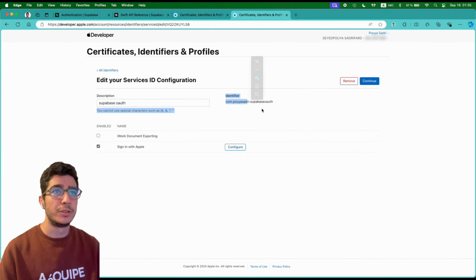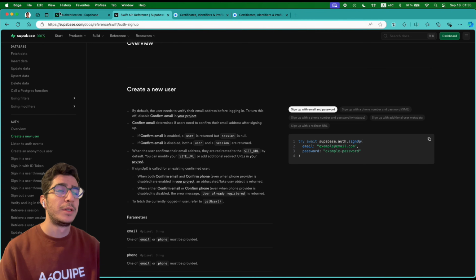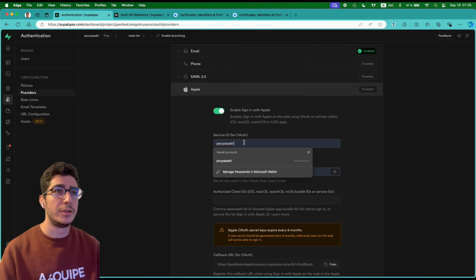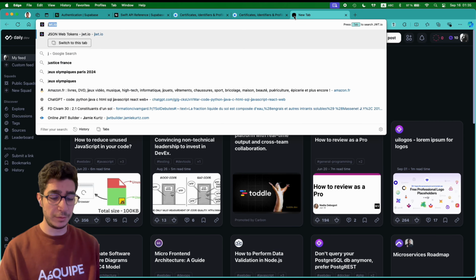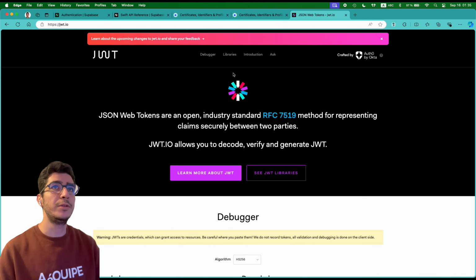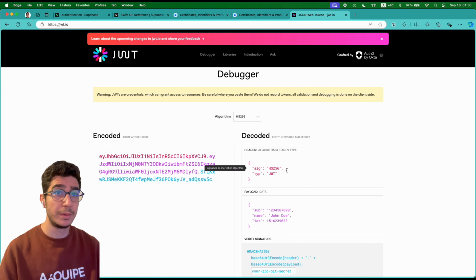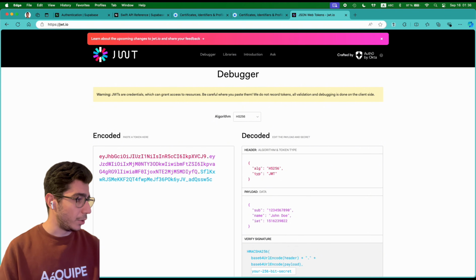Identifier for your service ID. Just copy it and then paste it in your Supabase dashboard. And for a secret key, we have JWT.io. So in JWT.io, you have to